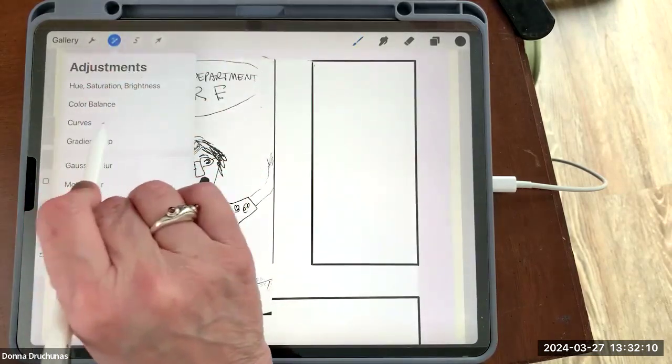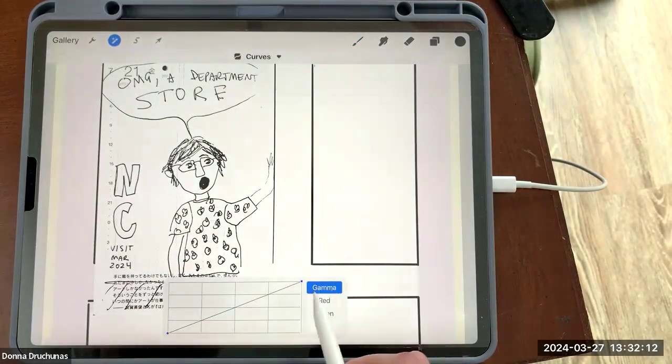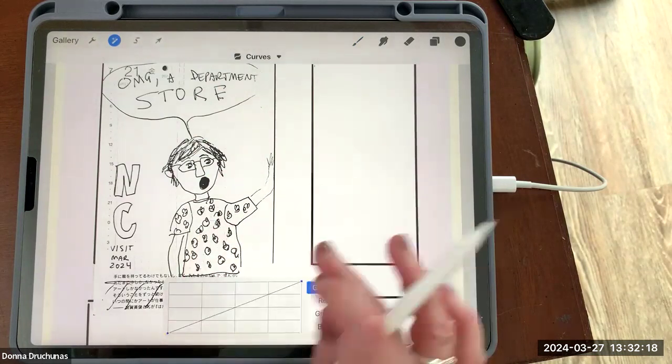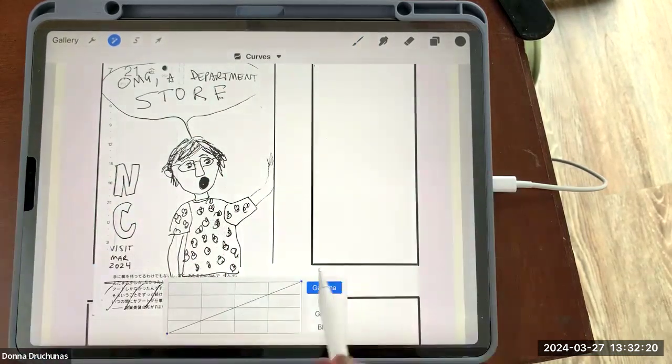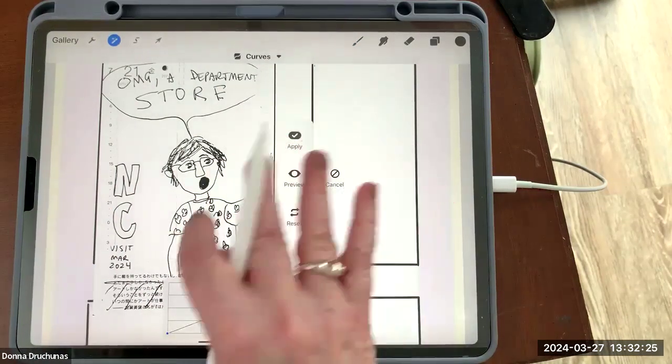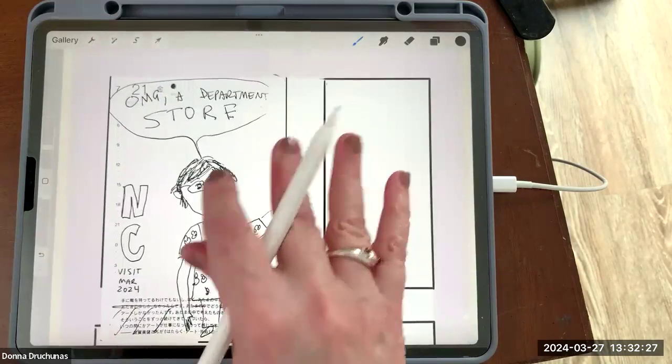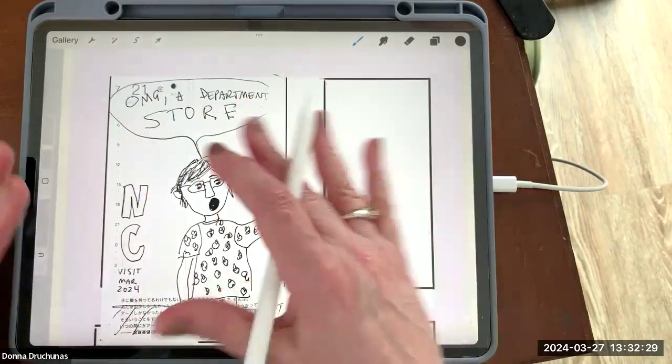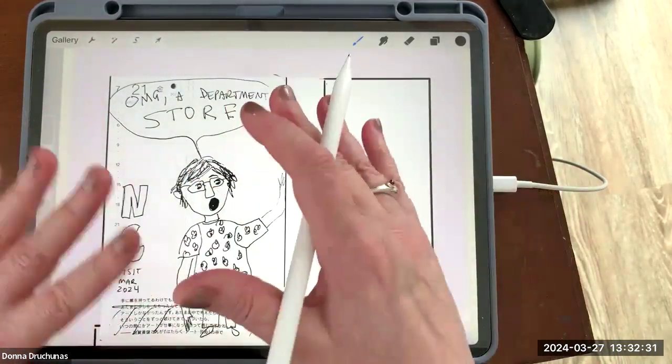So that's another thing that you can use curves for. Again, you're on the gamma level and you make an S and you just make it more and more extreme. Now I can't do it again because I've already done it. So there's no shades of gray in there. Everything's black and white now already. But you can use the same feature to adjust a finished drawing to just give it a little more